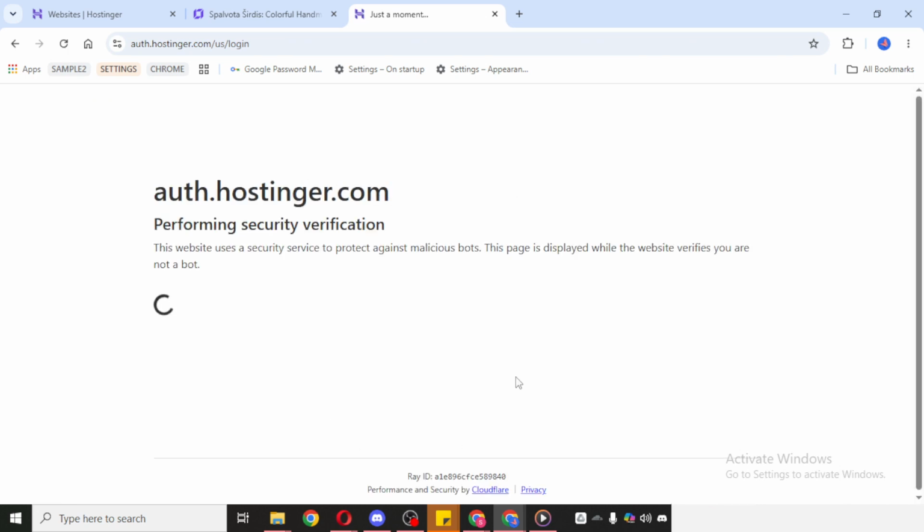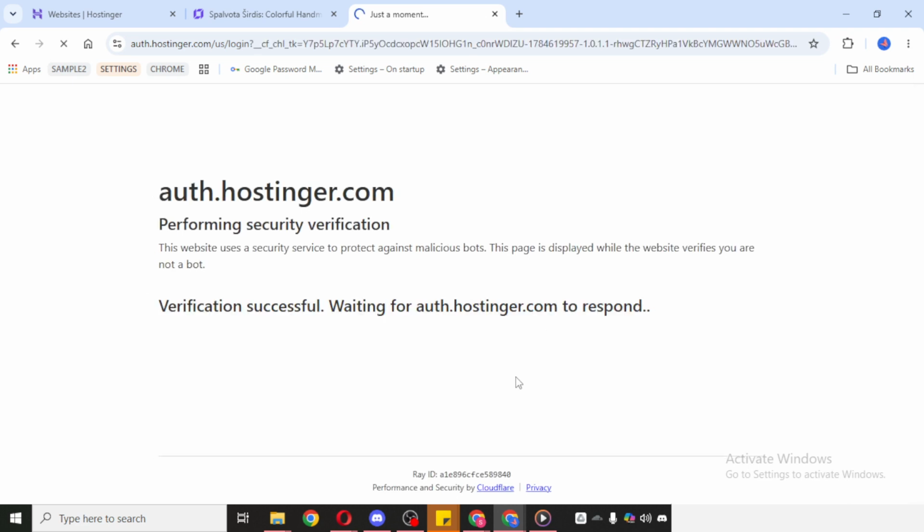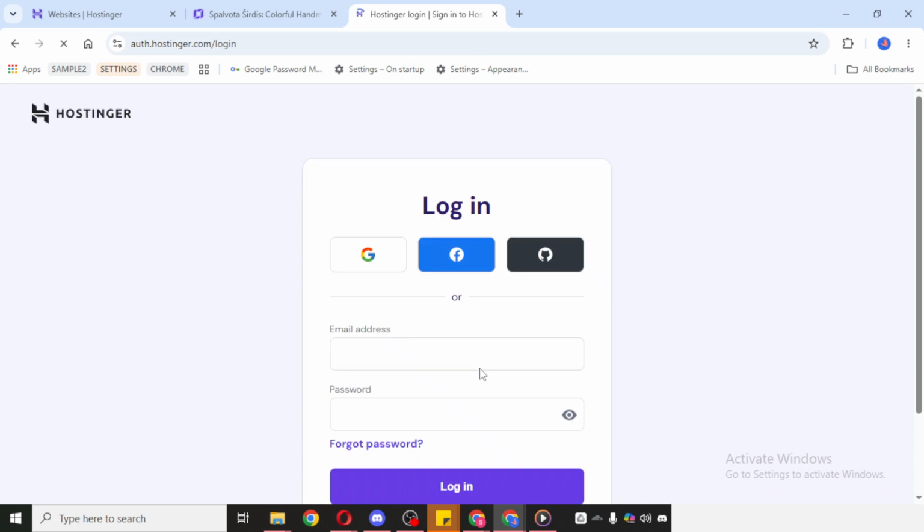This is an important final step, especially if you are using someone else's device or a computer in a public place, because it helps protect your account from unauthorized access. And that's it. Logging into Hostinger only takes a moment once you know where to look, and logging out is just as quick. Follow these same steps anytime you need to access your account securely, and then sign out when you're done.